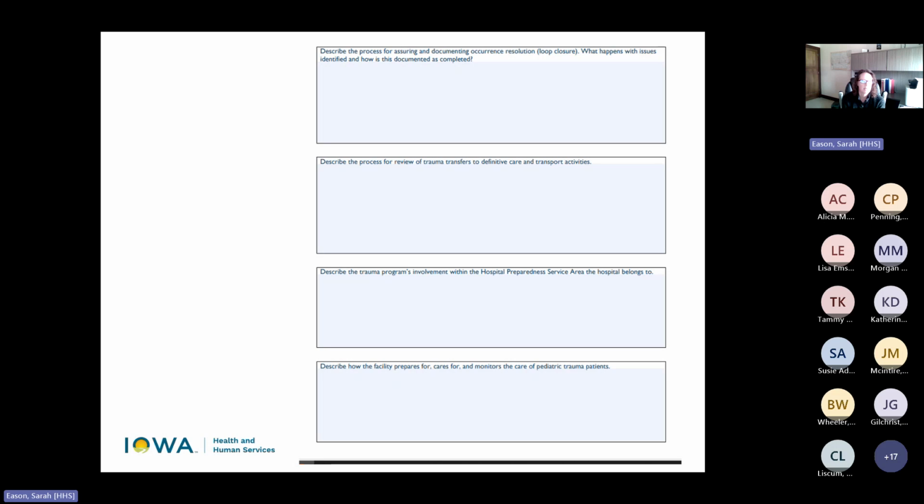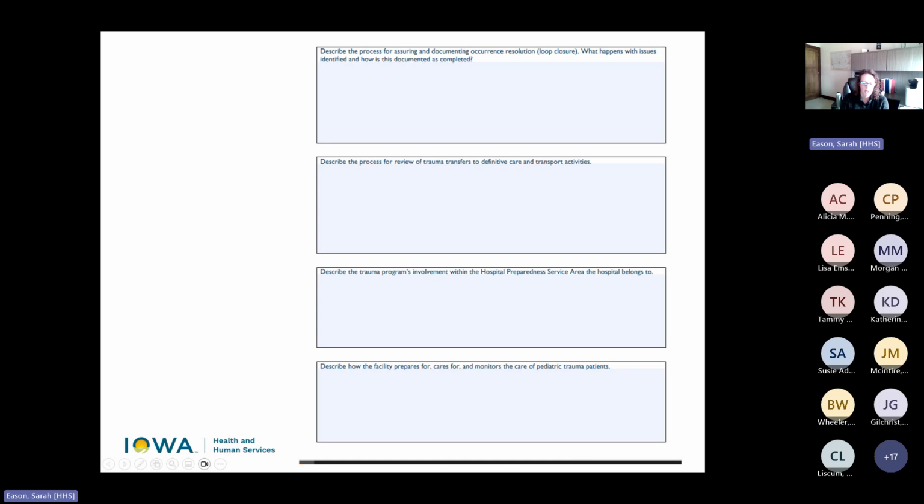We implemented something that made a huge difference or it didn't, and we decided to take a different route, but I continued to track it. And over the course of the next 3 months, 6 months, or 12 months, I went back and I tracked it, and we decided that it did make a difference. So we decided to close the loop on that particular PI issue. And wanting to explain that in this box is what we're after there.